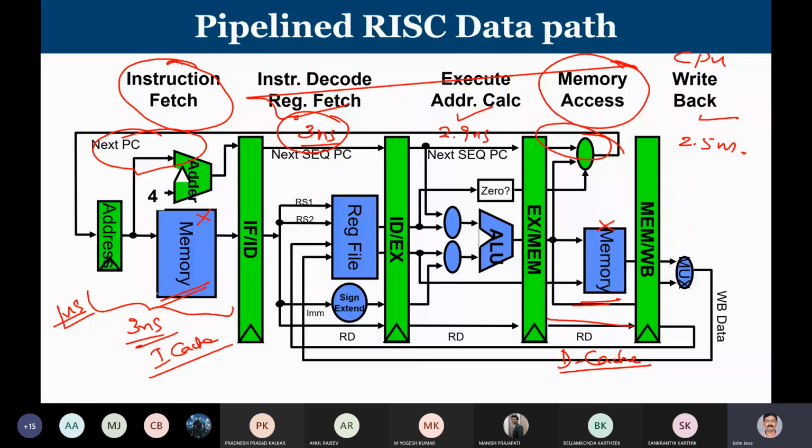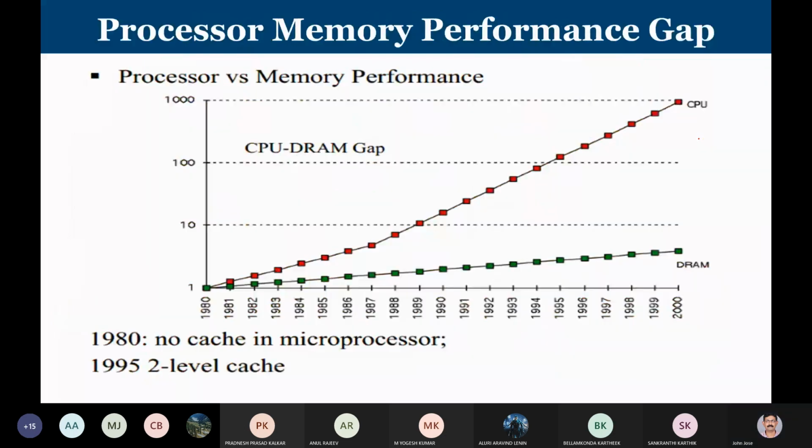So only if you understand the dynamics of this, what is going to be the latency, it is the latency of the longest unit that is going to govern what is going to be the clock rate of the processor, or the clock rate of this instruction pipeline. So cache memory is very much important for an effective implementation of pipeline.